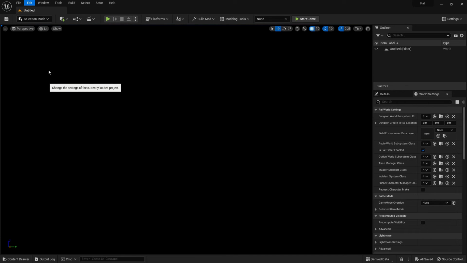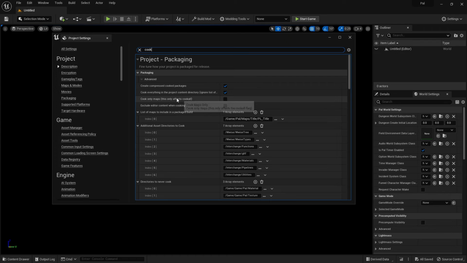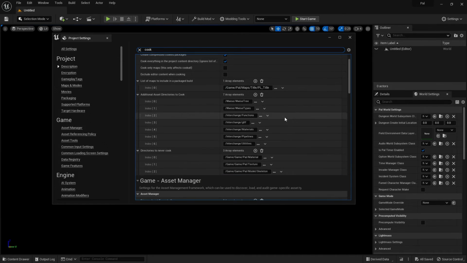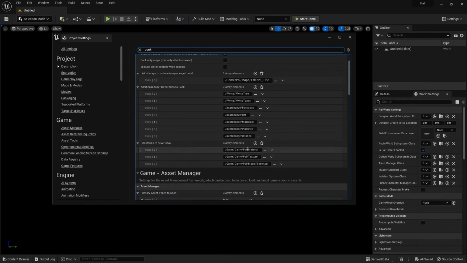If we go to project settings and we type in cook, we want to have cook everything in the project content directory selected and create compressed cooked packages. So we just want both of these things to have things inside of them. And the rest of this we can always ignore, but if there are specific folders that you want to never be cooked, like personally I don't want materials, textures, or skeletons cooked, we could type them in here and it won't